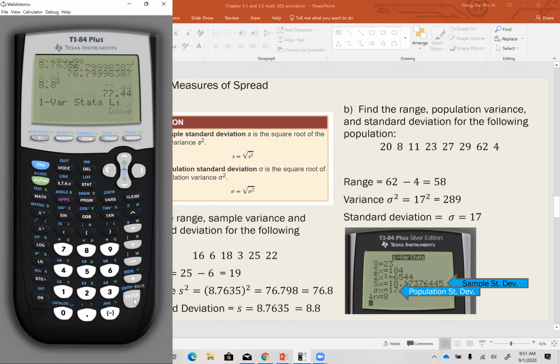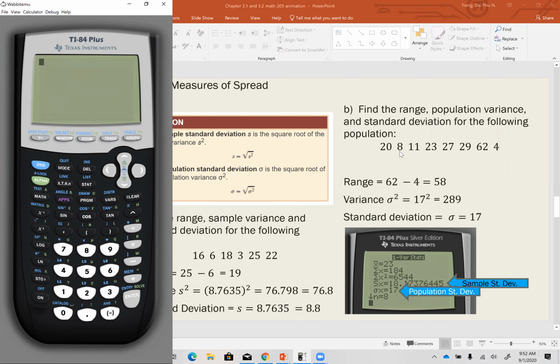And ladies and gentlemen, your standard deviation will always be smaller than your variance. Okay, if you saw the question on your homework and they ask you for both variance and standard deviation, make sure you know your notation, or make sure that if they ask you for variance, your variance is always bigger than your standard deviation, because to get the variance, you need to take the standard deviation square. Okay, so to finish this,